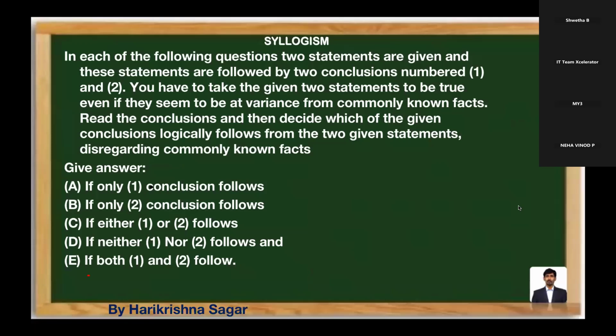Yes, exactly. Very good. Good response from the students. Your answer must be either 1 or 2 follows. That means that if 1 follows, 2 will not follow. If 2 follows, 1 will not follow. That's the meaning of that. Hope you are able to understand this.